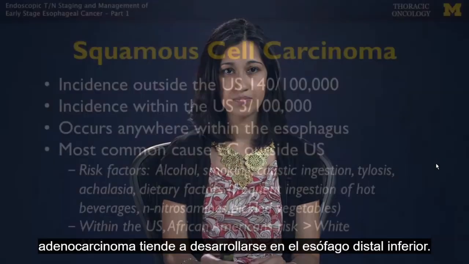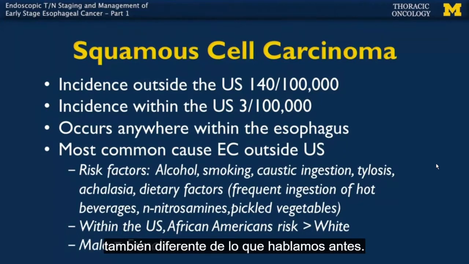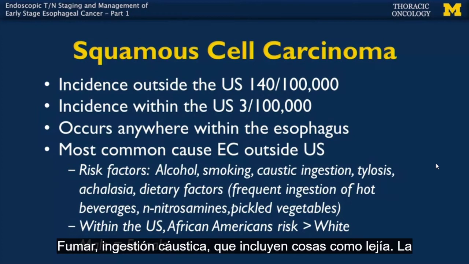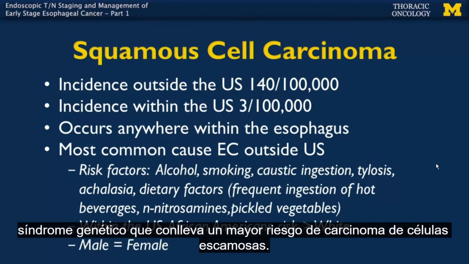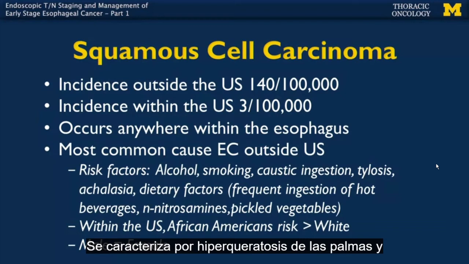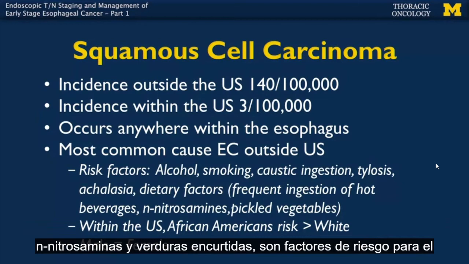Other risk factors for squamous cell include alcohol, also different from what we talked about before, smoking, caustic ingestion, which can include things like lye, and tylosis, which is a genetic syndrome and is the only genetic syndrome which carries with it an increased risk of squamous cell carcinoma. It is characterized by hyperkeratosis of the palms and soles, as well as development of oral leukoplakia. Achalasia and dietary factors, including frequent ingestion of hot beverages and nitrosamines and pickled vegetables, are all risk factors for